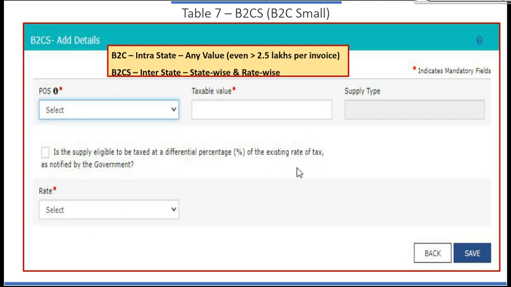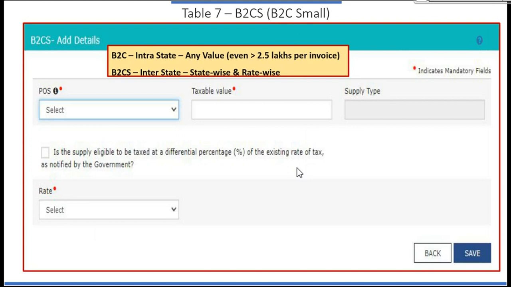I'll take an example, friends. My total supply for the month is 10 lakh rupees, out of which 8 lakh rupees is B2C supply, right? Out of that B2C supply, I am registered in West Bengal. So 5 lakh rupees is my 5% transaction, 1 lakh rupees is 12% transaction and 50,000 rupees is my 18% transaction.